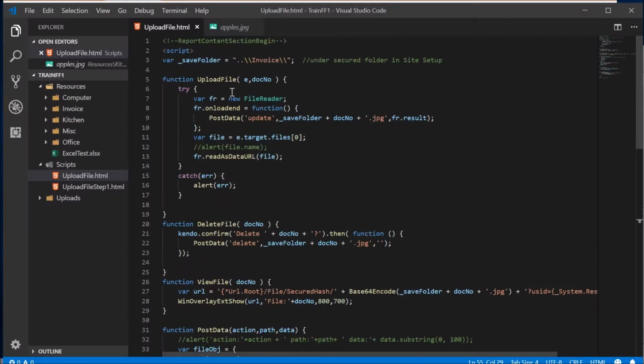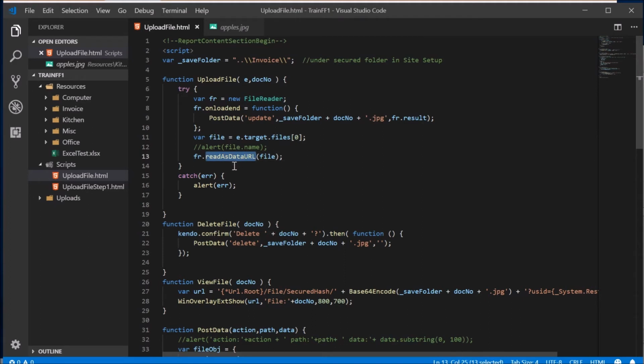The next one is file upload. So here we're using standard HTML and JavaScript to take the event, and then from the event we can get the target file. So this is a structure under the event, so target and then the first file in the list. So there's our file object, and in JavaScript there's an object called file reader, and here we're telling the